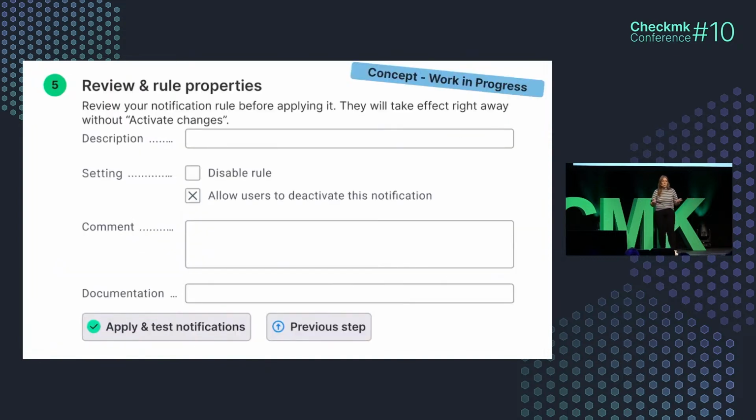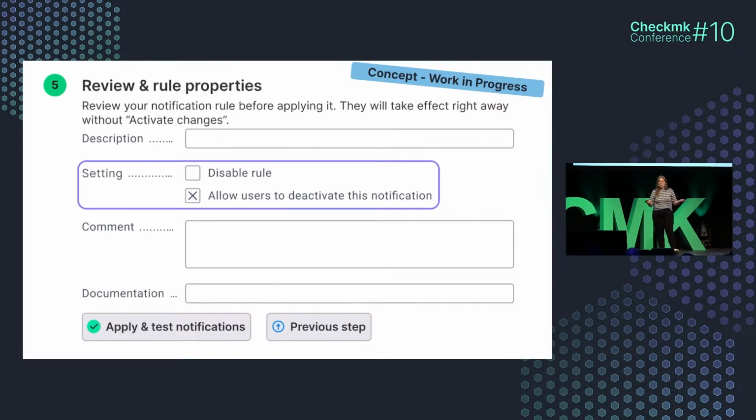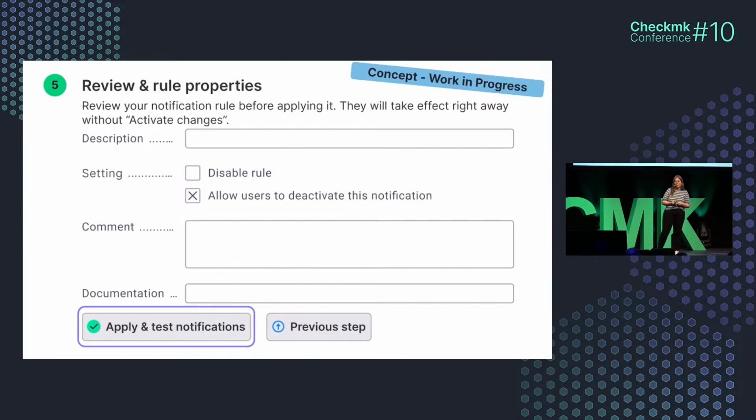And then there's only one step left, kind of a little review and adding some additional rule properties to make sure that you recognize that rule in the table in the end. So just simply enter a description. There are some settings, for example, if you want to allow your users to disable this notification. And then lastly, you only have to confirm the dialog or the workflow, and you can do this with the apply and